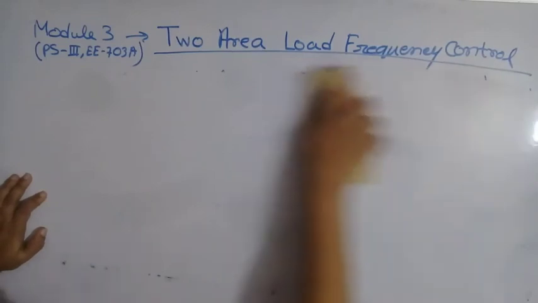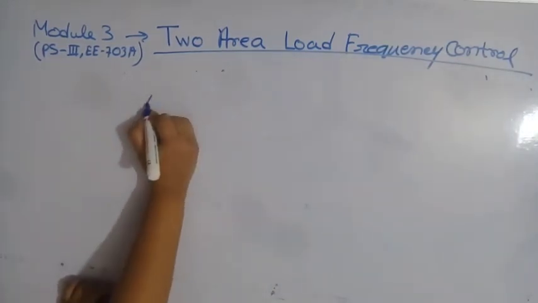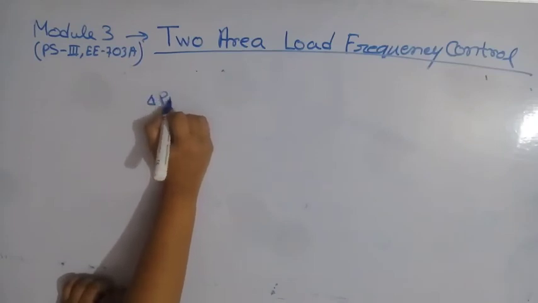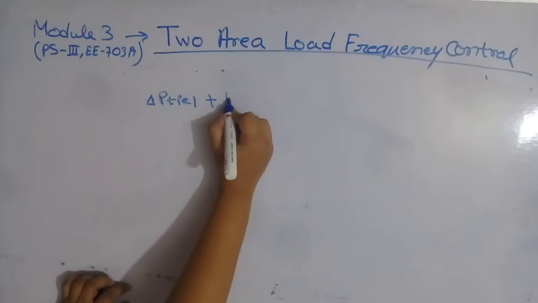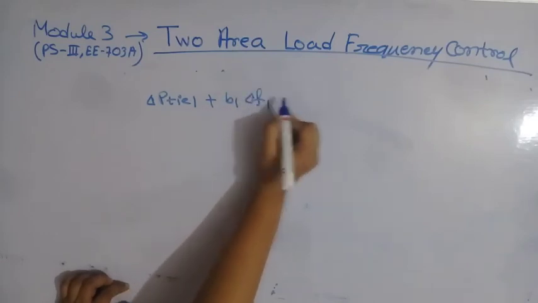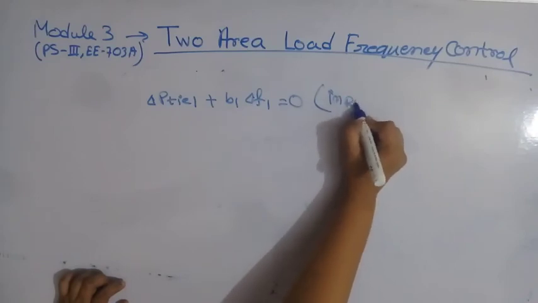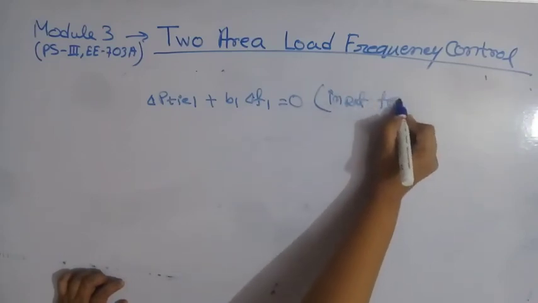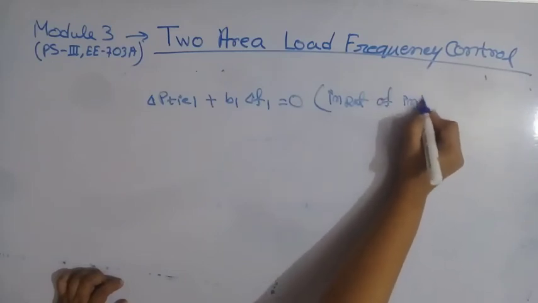So area control error for control area 1 should be equal to 0, and this is the input for the integrating block